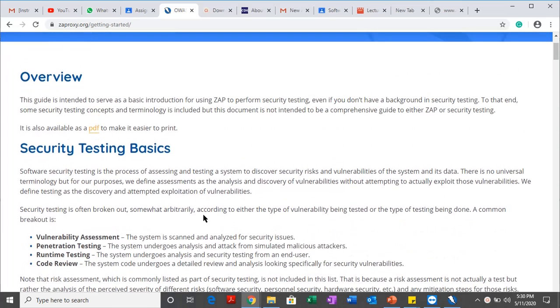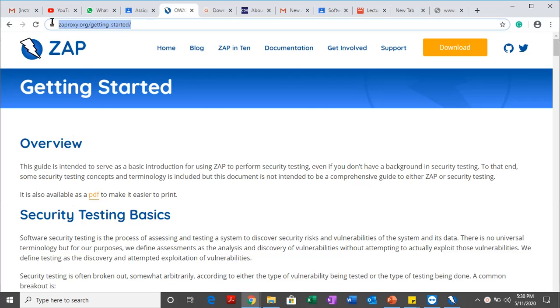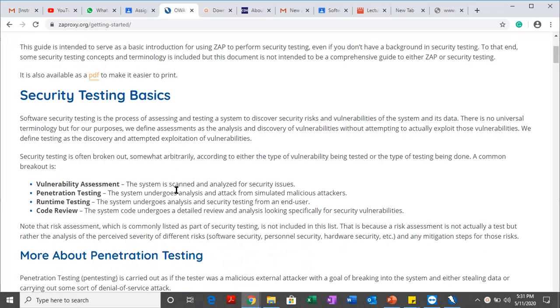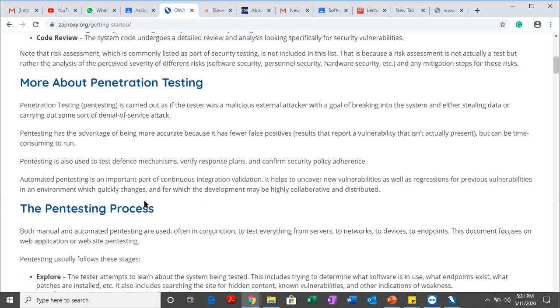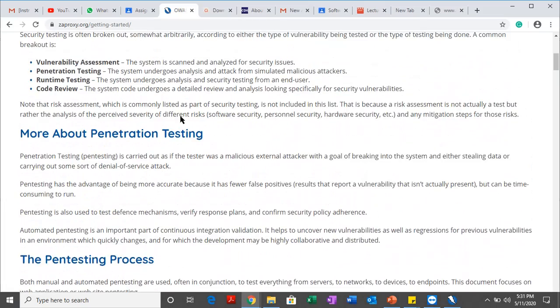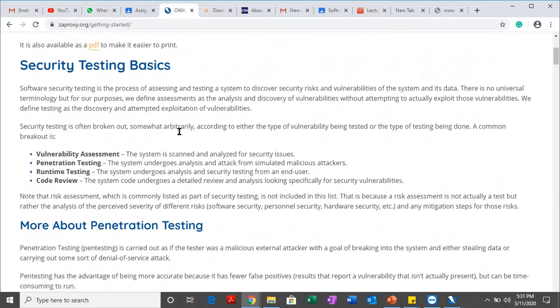This is the official page of ZAP, where we'll learn more about the configuration of ZAP and